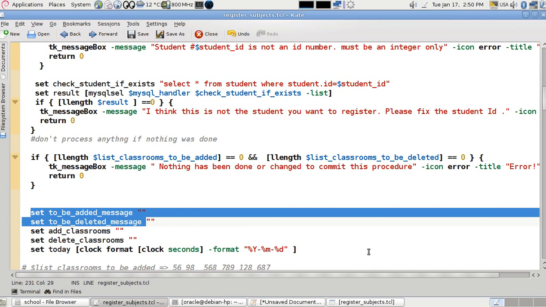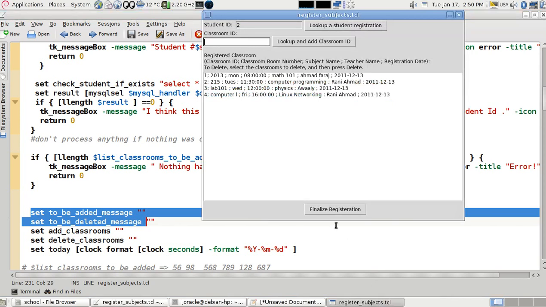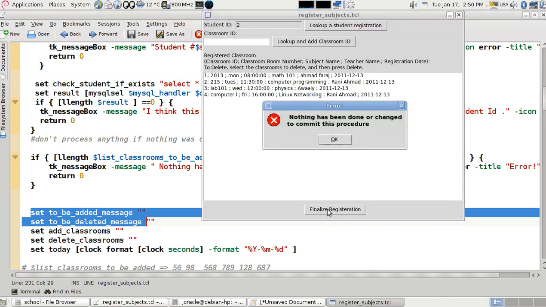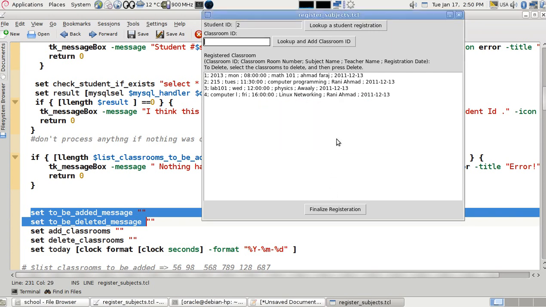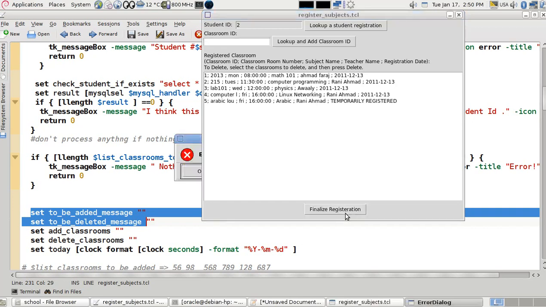Okay, so at this time, if I press like this, it will tell you nothing has changed or done to commit this procedure, because both lists are empty. There's nothing to be added or deleted. So if I press, for example, like 5, if I say, for example, finalize,